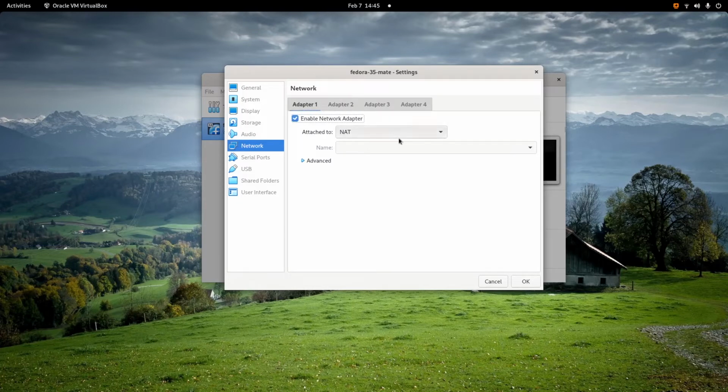After you choose how many network adapters you want to use, you can choose what kind of connection you want to use for your network adapter. I will choose the NAT option because NAT is the easiest way for your VM to connect to the internet.